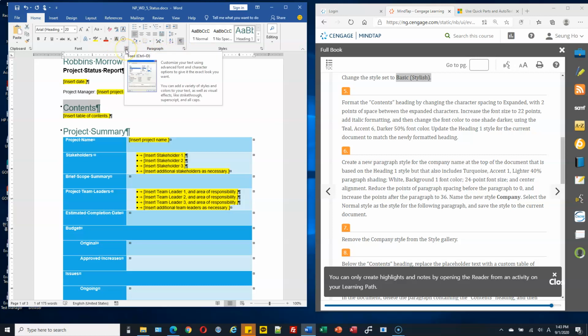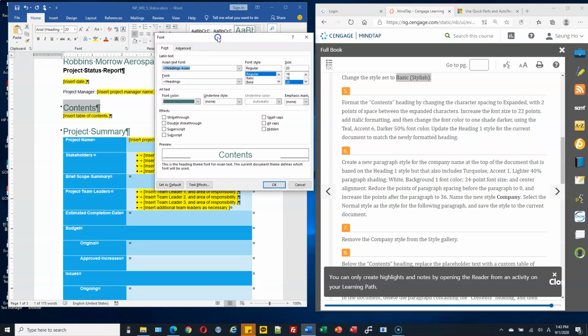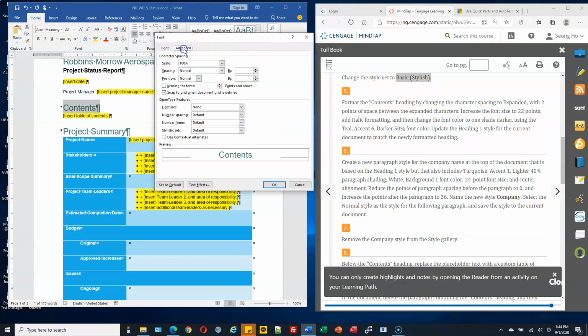Okay, go to the font dialog box launcher. Okay, this one is in the advanced tab. Advanced, character spacing to expand. This is character spacing. Spacing is not normal. It is expanded, with 2 points. So click 2.